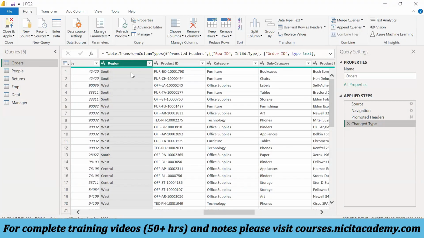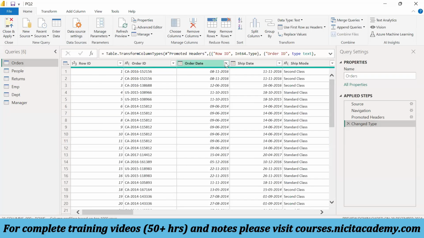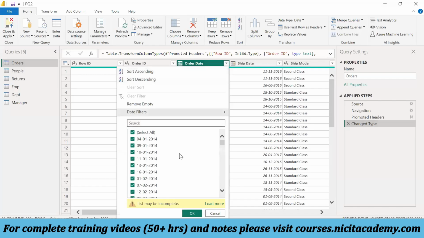Now I have an order date column here. Guys, let's go to this order date column. Now we have got this order date column. If I click on this expand button, now what is the requirement is I have got an order date column